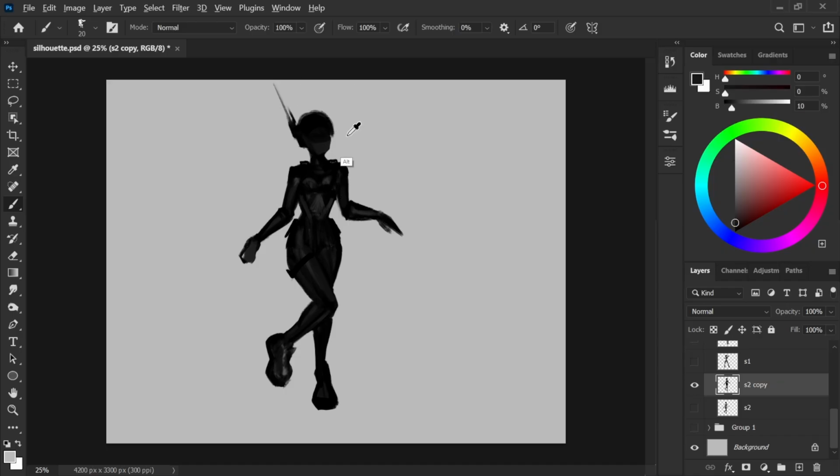That's it for the little demo. I just wanted to cover how we can set up the silhouette, which when it comes down to it, is just gesture again. And then when we want to add more detail or think about character design, it's just focusing on form,